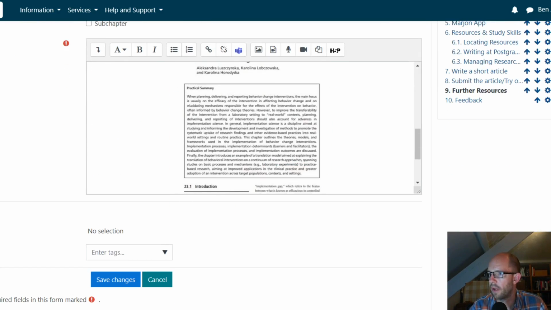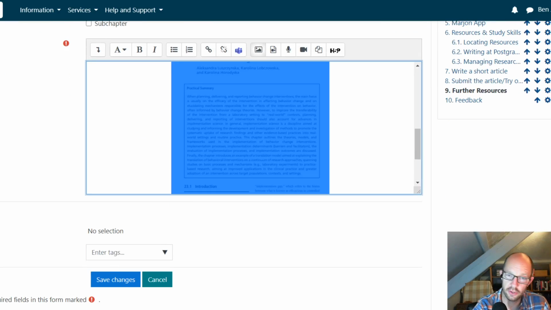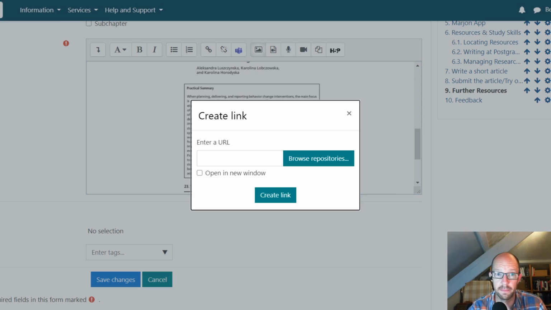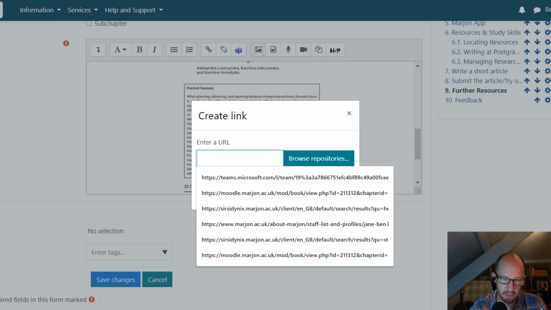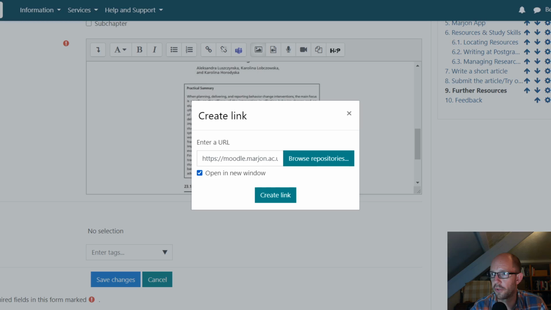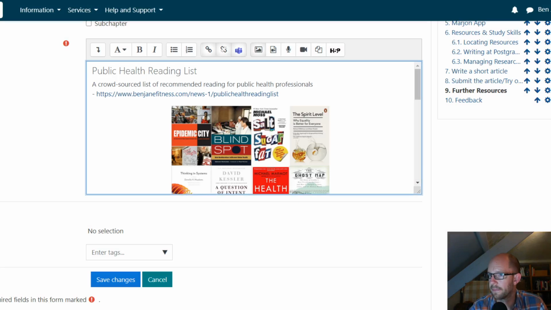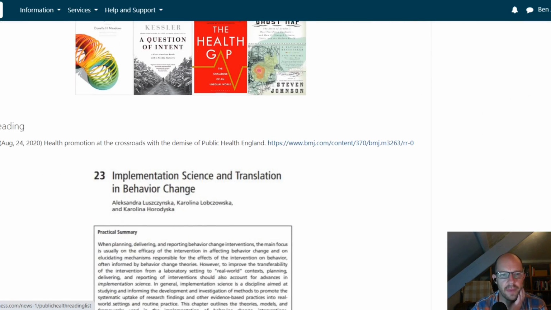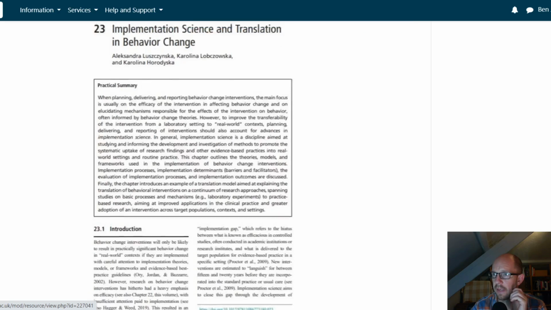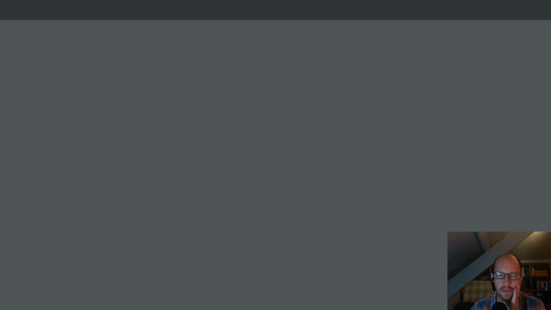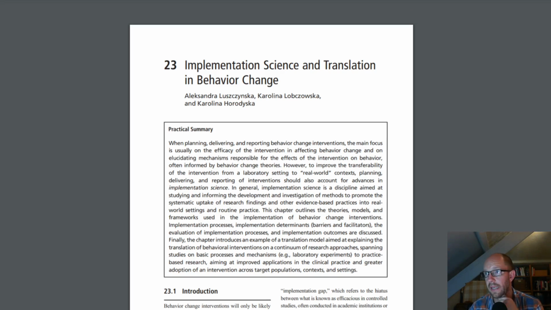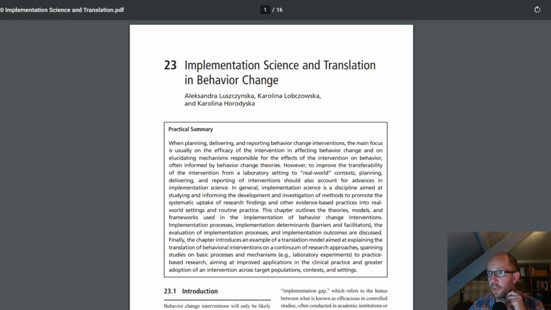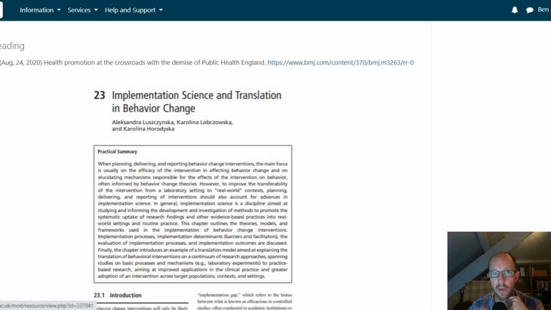so now I scroll down. Now if I highlight that again and I press Control K, or you could use the hyperlink button at the top there, now what I can do is enter in that, open a new window, and then create link, save changes. So now my page looks like this, and there is my PDF, and I will put text around it, and fingers crossed I will press that and it will open that up. So that is part of Learning Space. It's posted in Learning Space, so it's not openly available, and if you're logged into Learning Space then it will open, and it opens it in a new tab because I ticked the box,